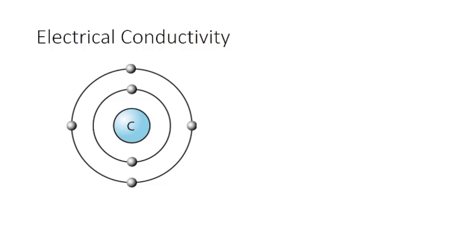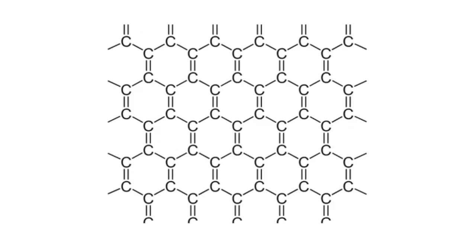When we consider the carbon atom, we see that it has a total of 6 electrons, with 2 in the inner shell and 4 in the outer shell. Thus, the 4 electrons in the outer shell are available for chemical bonding. However, as mentioned, since the carbon is only bound to 3 other carbons, these bonds are sp2 hybridized, leaving what is called a free electron. This sp2 hybridization leads to one free electron that is coined the pi electron, which overlaps to create pi bonds